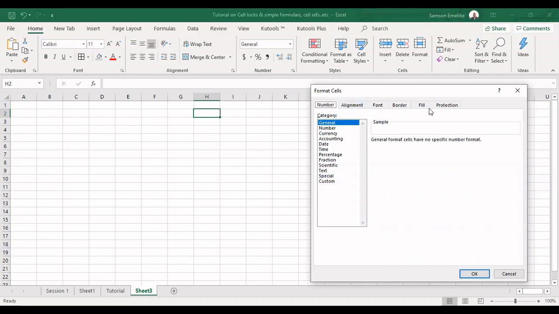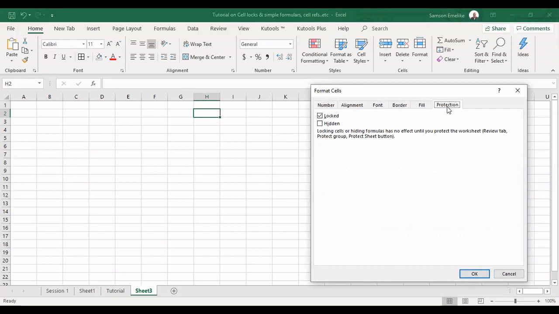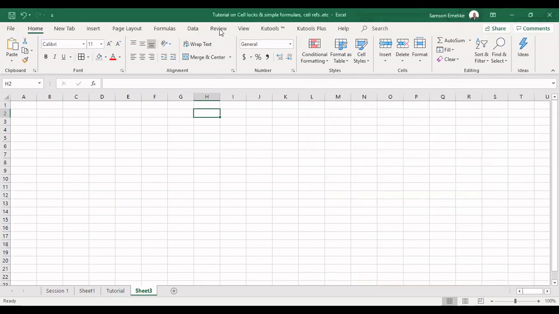Now I want to go straight to the protection here. Remember, we are dealing at the cell level. I want to protect the cell. When I click here and I see here, this is the default status. It is locked. Now, what this means is, if I go straight to my review tab here on my ribbon,